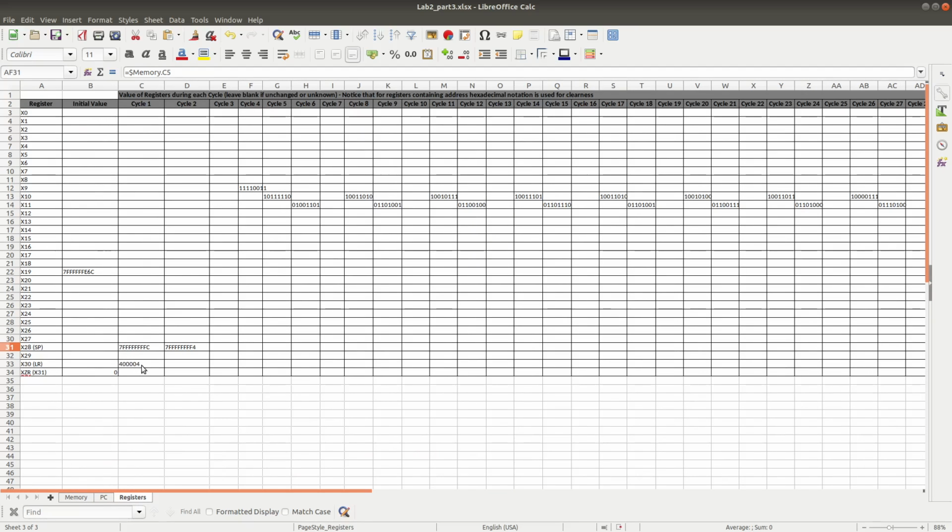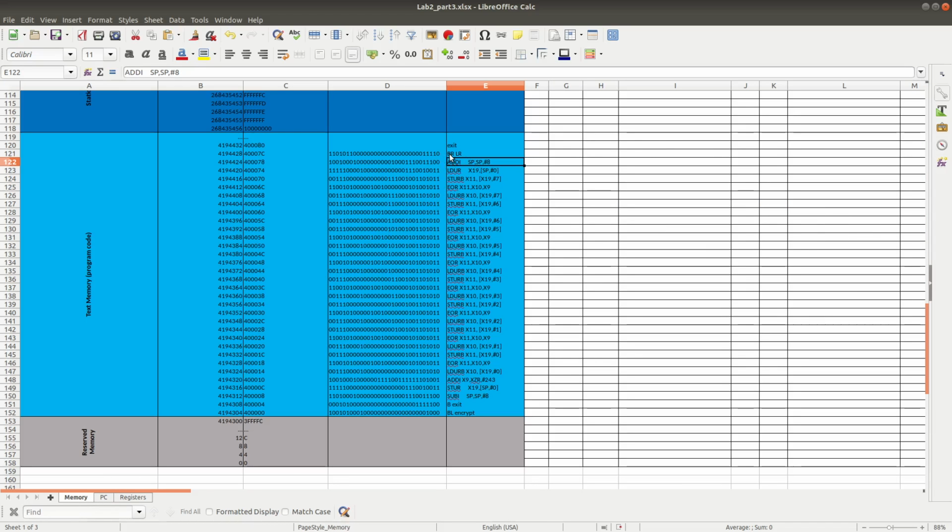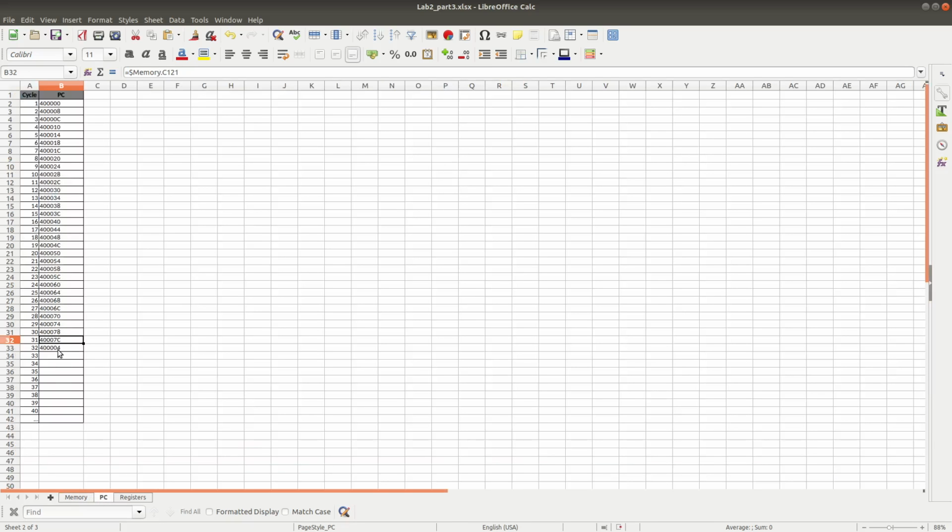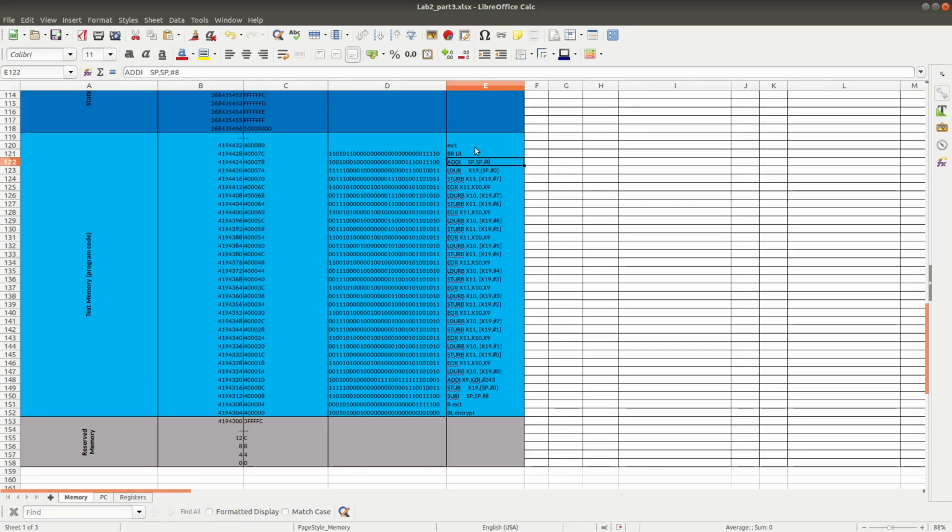So that value will be written into PC so that our program returns from this location back to this address. And that's why here we have the value 400004 in our PC, so that the program will turn back from the procedure into its original program. And after that we go to this location, and the program finished.